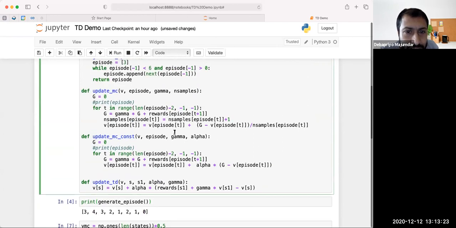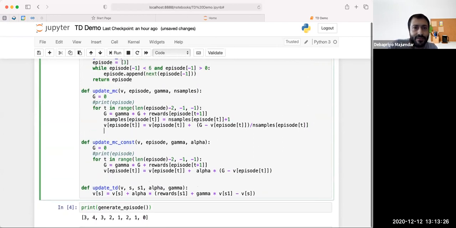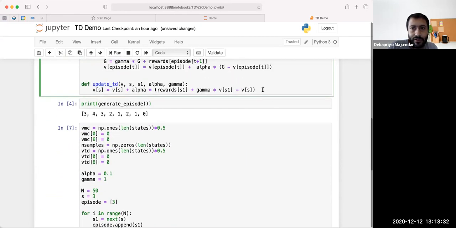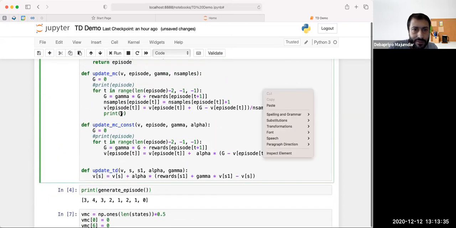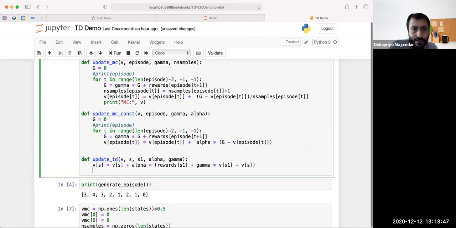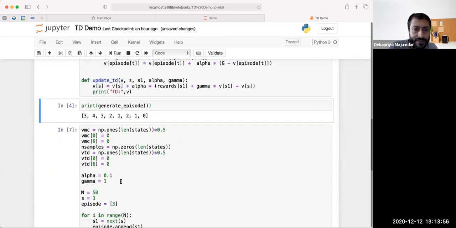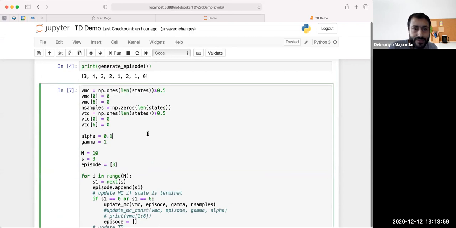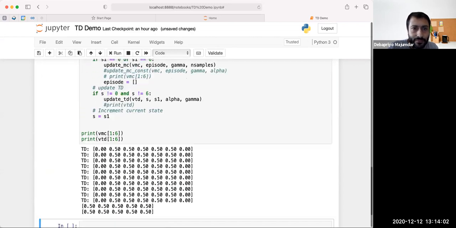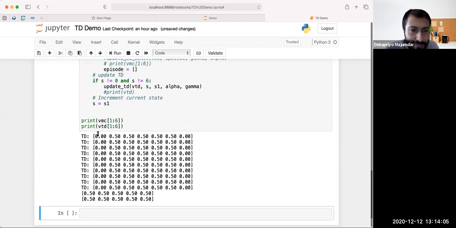Whenever I update MC, let's print V. Let me print MC V, and here let me print TD V. Then let's run it for, let's say, 10 actions. And see what has happened is, so far MC has not